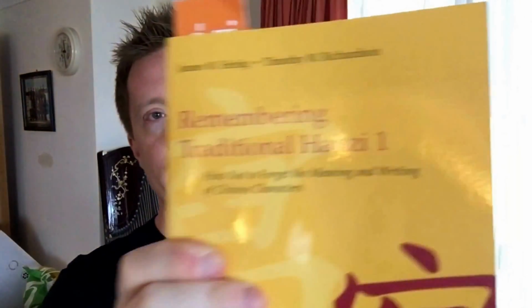One of the big problems is that all of the materials that are available for learning to read and write Chinese are focused on Mandarin. That means anything that involves pronunciation, so learning not only to read and write the characters, but also how to pronounce the characters, is going to be problematic for me because the pronunciation in Mandarin is not the same as in Cantonese. So that was my first decision. It was, okay, I need to find a method that's not going to insist on me actually saying and pronouncing the characters. That led me very nicely to this, the well-known Heisig method